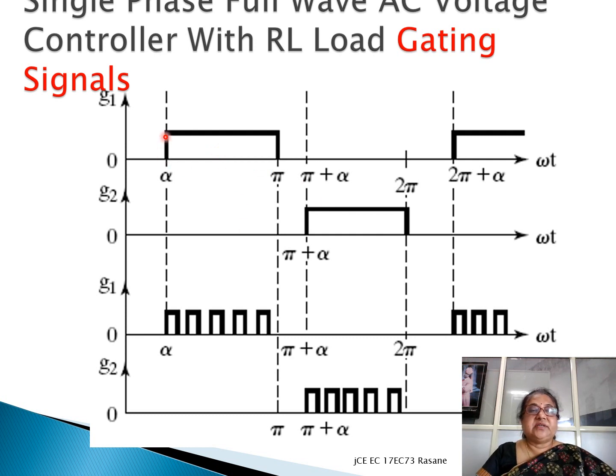So instead of giving a big DC pulse like this or a DC voltage, we can give the pulses in the form of pulses, because it is a more effective way of gating or triggering the thyristor. In fact, instead of these pulses, we can use spikes. By using pulse transformers at the gating circuit, we can use the spikes. Spikes are more reliable, and they can trigger the thyristor at whatever angle you want from 0 to pi in this case, and in this case from pi to 2 pi.